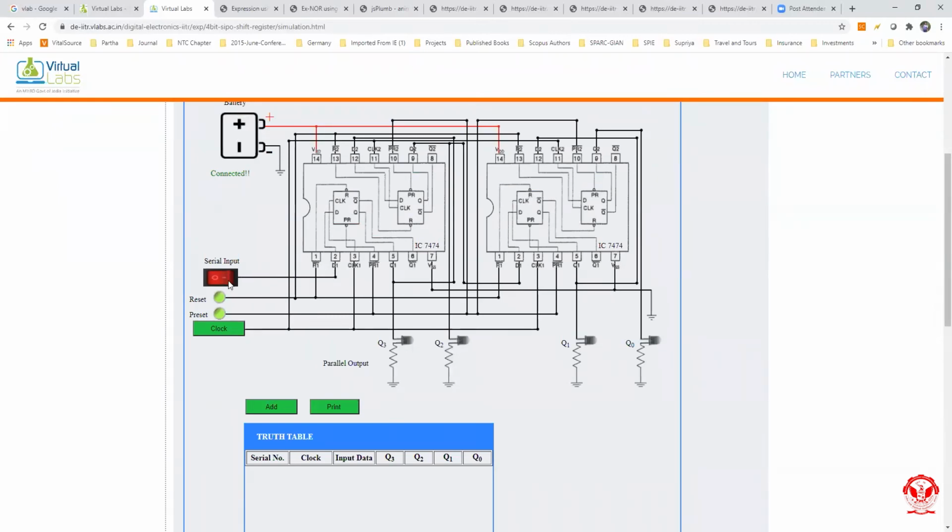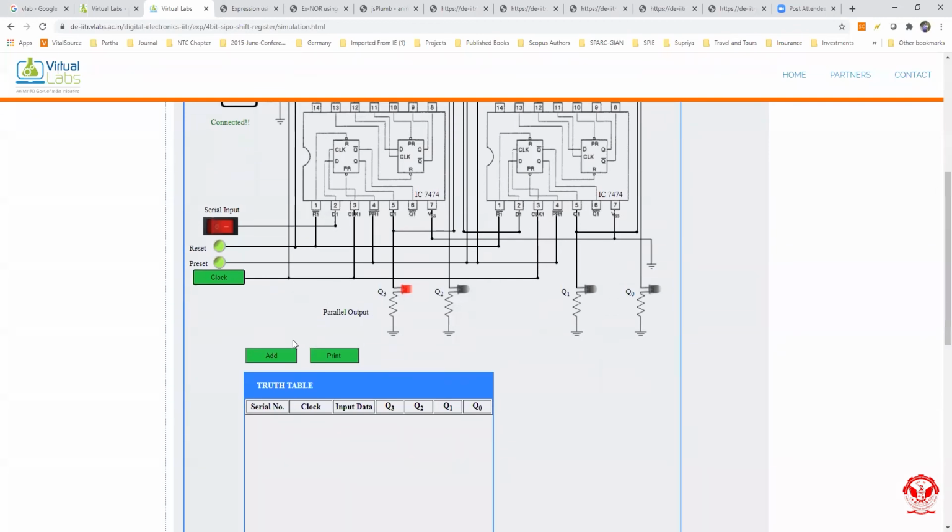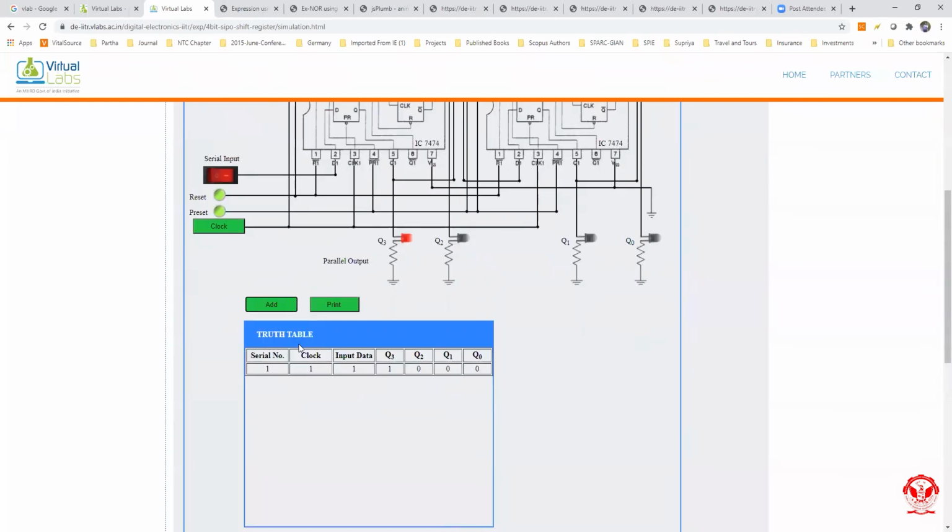Just click on the switch button, and now I have applied data logic 1. Now click on the clock button. From here we can see that whatever I applied at the input, that is logic 1, is reflected at Q3, our output LED. Now click on the add button, and from the truth table we can see that after applying the first clock pulse, if we apply input data as 1, then the input data is reflected at output Q3.